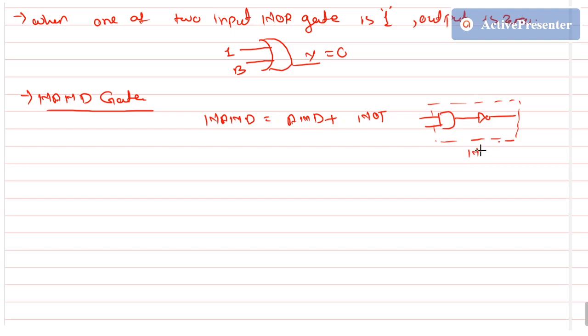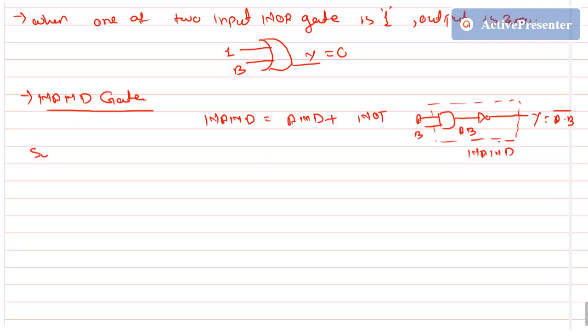So this is the NAND gate symbolically. I can say this is A, this is B. Here the output will be AB, and here the final output will be A into B bar. As the NOT gate is here, it will just be complemented, or a bar symbol will be there.